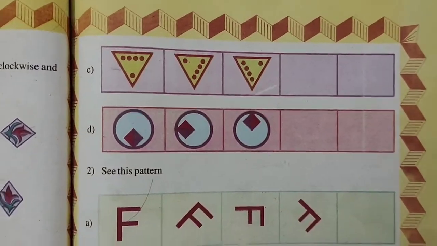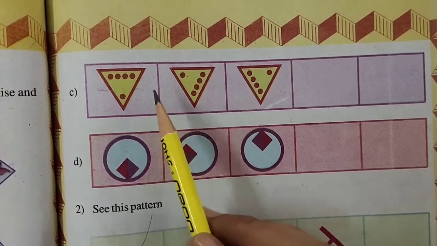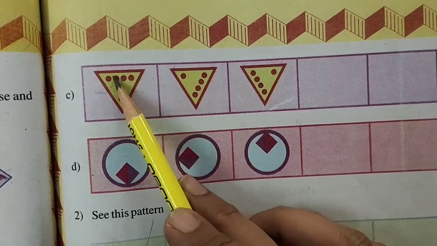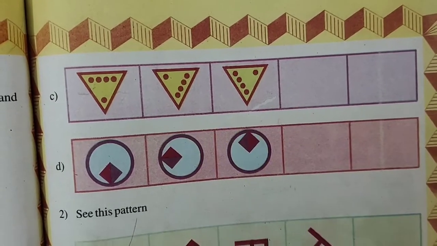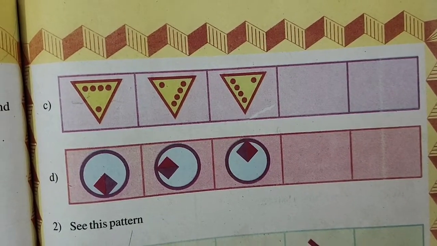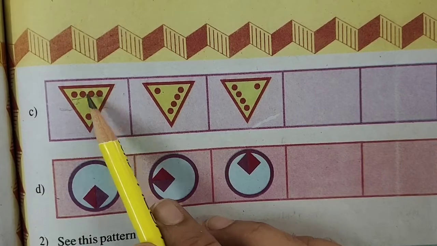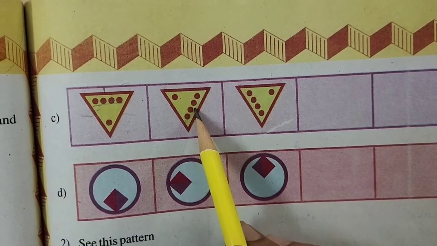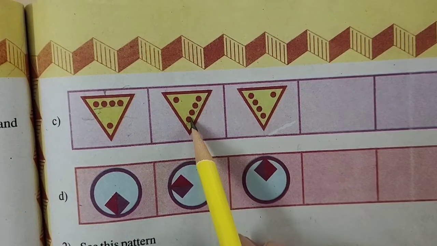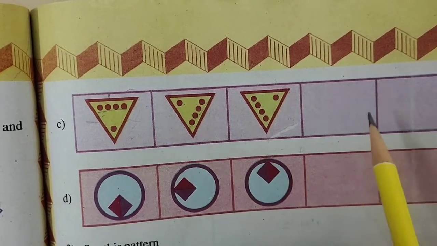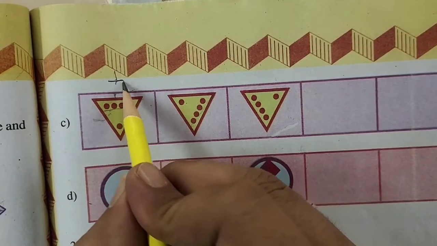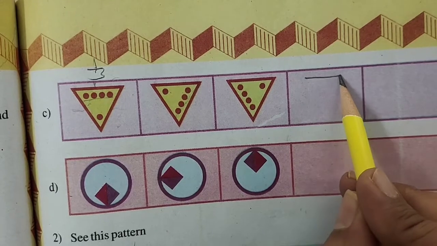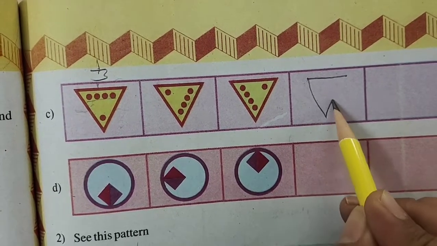Again we can see here the triangle. So how many turns have been shown? First it is here, top it is here, then it has come here. So it is the 1/3 turn, isn't it, students? 1/3 rotation, 1/3 turn. So we will write down the turn here first of all, 1/3. Then again, see, the triangle will be the same only, students, but only the design in the triangle is changing.